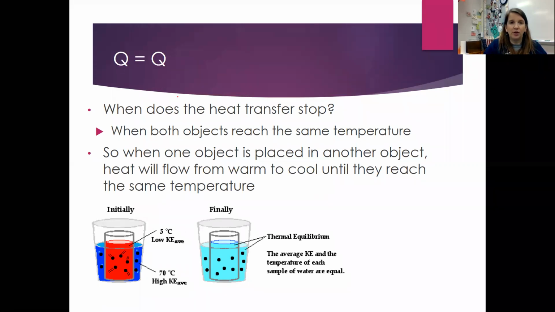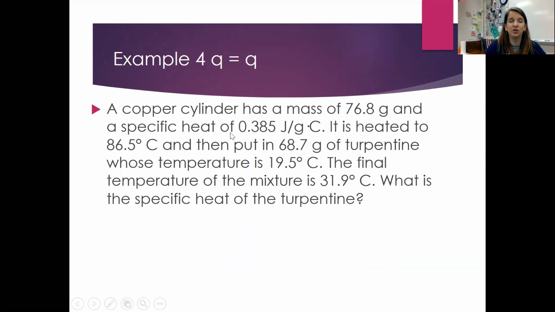So when we're doing our problems, we're going to be able to determine the specific heat of unknown objects based on this idea of Q equals Q. Heat lost is equal to heat gained. So in this particular question, it says that we have a cylinder, a copper cylinder, that has a mass of,